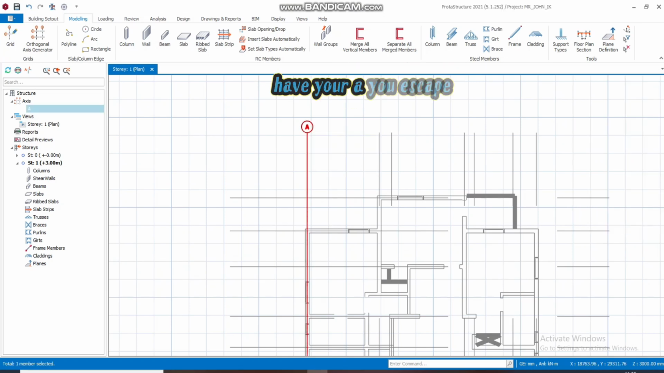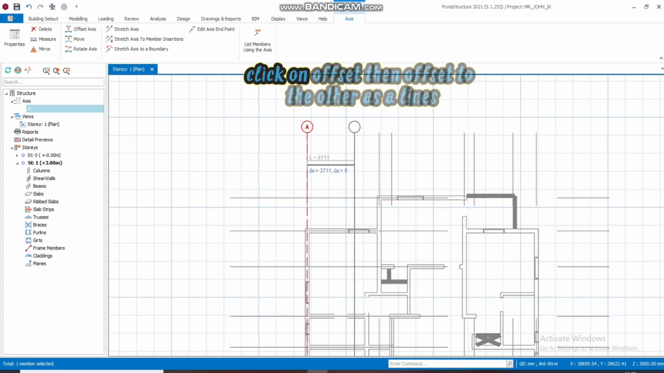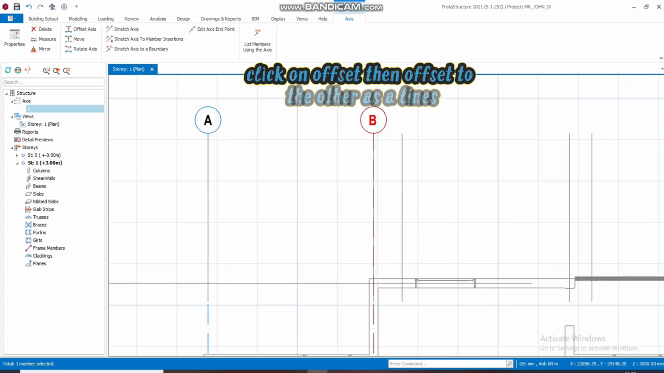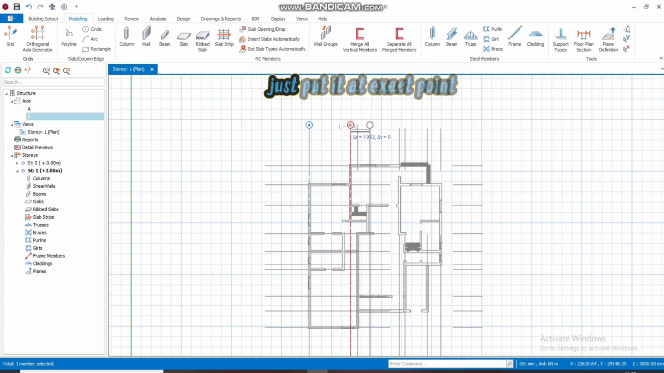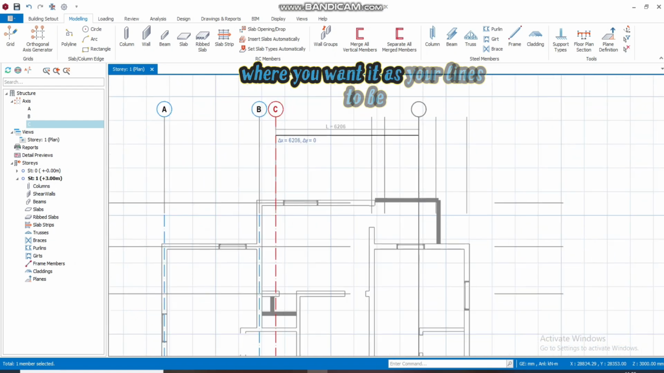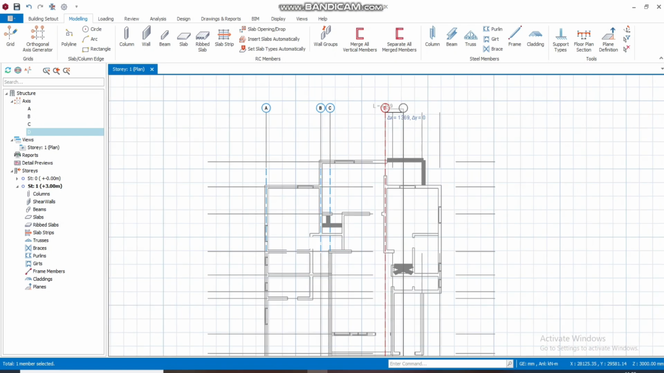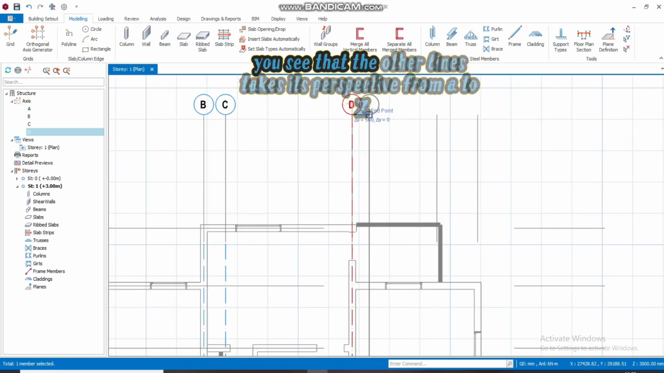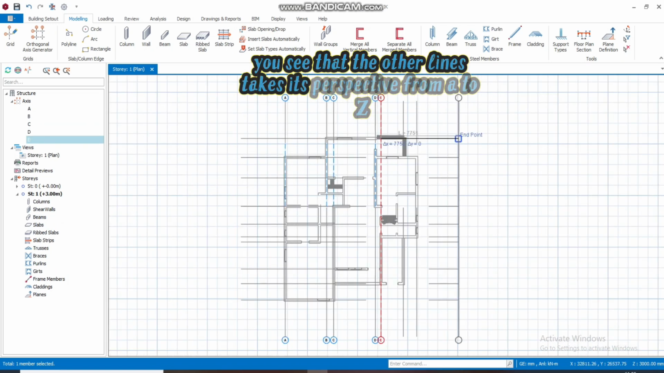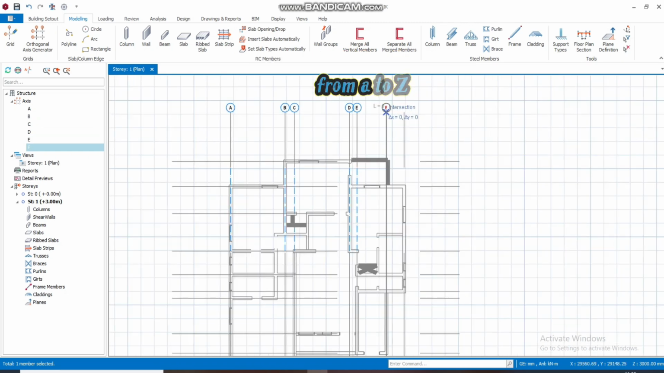You have your A, you escape, click on the axial line again, then you click on offset, then you offset to the other axial lines. Just put it at the exact point where you want the axial lines to be. So you take it through to the end. You see that the axial lines take their perspective from A to Z, from A to Z